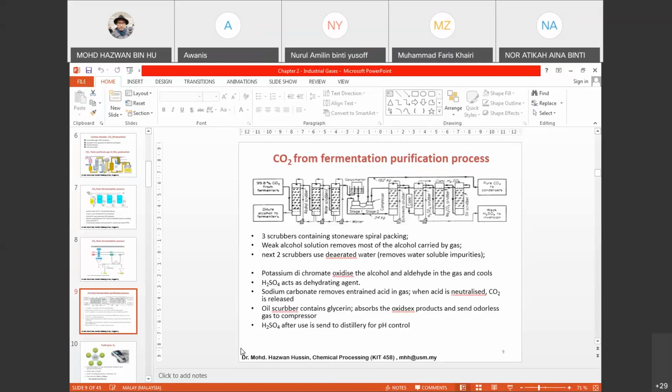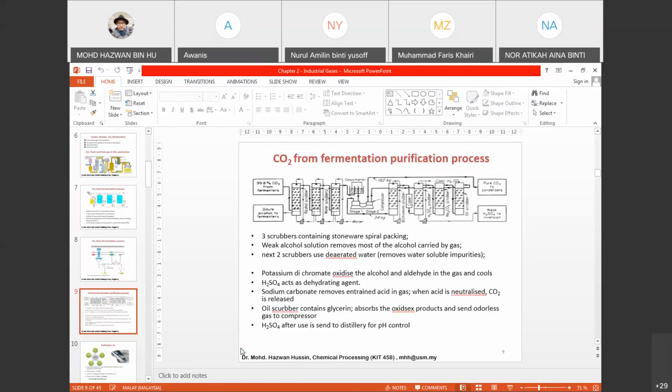Over here you can see that it contains 6 to 7 scrubbers, of which the first 3 are the alcohol scrubber and 2 water scrubbers. The function of the alcohol scrubber is to remove the trace of alcohol, and next it goes to the water scrubber to remove water-soluble impurities before it goes to the gasometer, which functions as an electrolysis cell and separates unwanted materials like water. When it electrolyzes, it becomes oxygen and hydrogen, and the CO2 will further go into a bichromate scrubber,